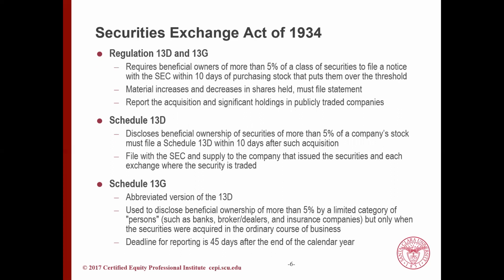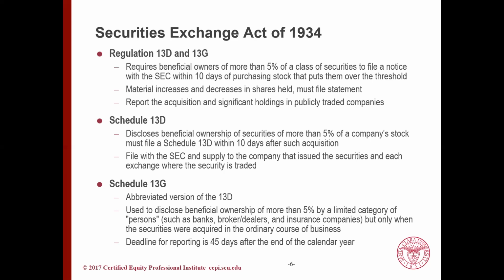The '34 Act has additional disclosure requirements under Reg 13D and 13G. Under these rules, anyone who owns more than 5% of any registered class of a public company's shares is subject to reporting and disclosure requirements. To make these disclosures, they must file a Schedule 13D or 13G. Schedule 13D requires information about the source and the amount of money used to acquire the securities,